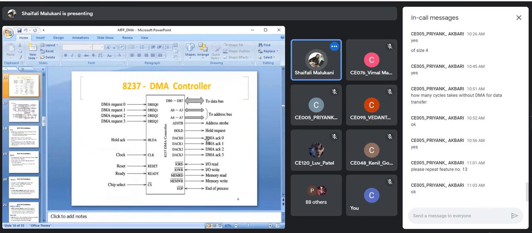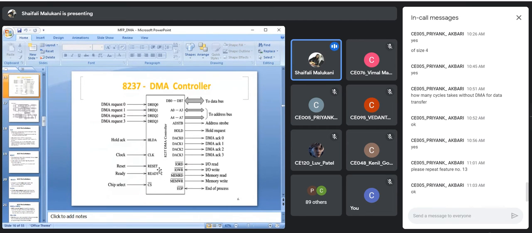So what are the things to check? First thing that we have to check is how to set whether the DMA request will be active high or active low. So that thing we have to see. DMA acknowledgement, how to set whether it is active high or active low. That is the second thing to see. The third thing is how to set that extended write signal or compression part. That is the third thing to see. Fourth thing is